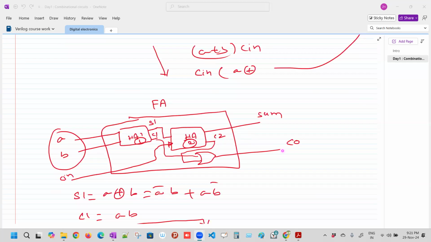So now what we have to do is, since we have to go parallel, we stop this discussion. We jump to the Verilog part now. Now in the Verilog,